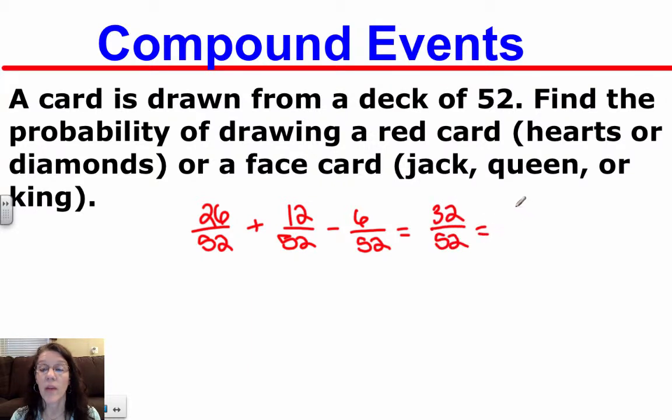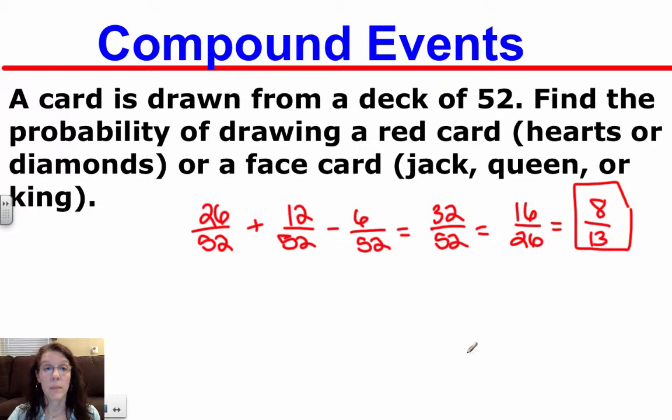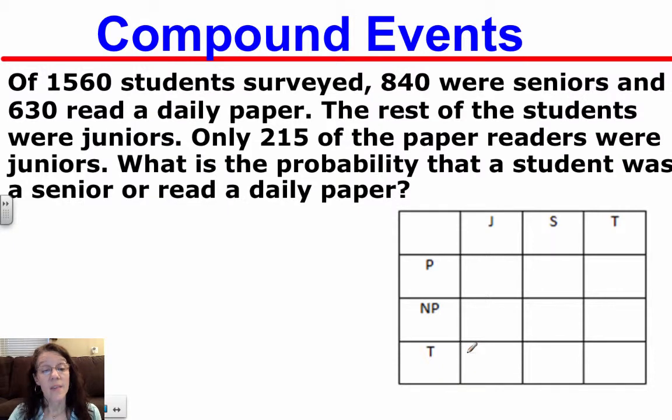Now we can simplify that. 16 out of 26, and that simplifies again. 8 out of 13 chance. If you were to randomly draw a card from a deck, you would have an 8 in 13 chance that that card is either a red card or a face card. Remember, this is just one drawing. All right. Now, sometimes they get a little bit more complicated, and I've found that drawing a chart helps me